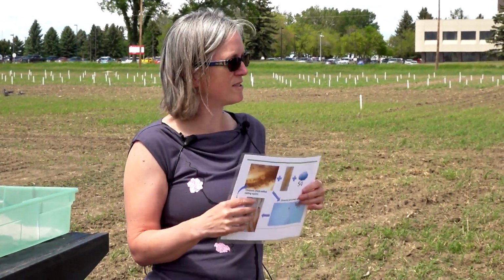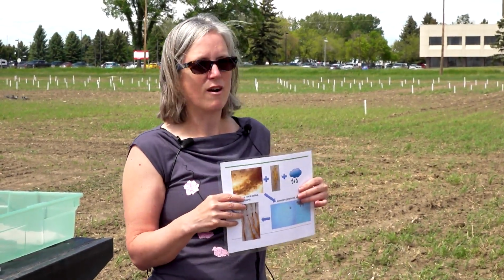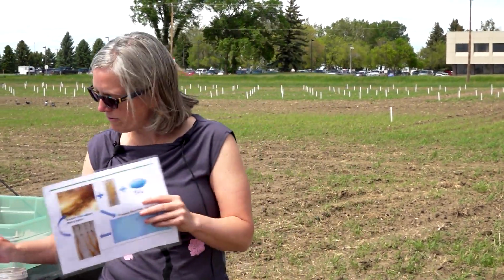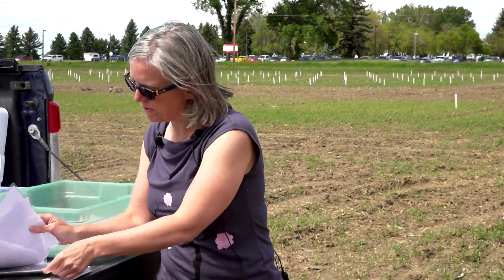Whereas lentils, we haven't seen that to an extent, but we are still trying to figure out what that kind of interaction is between rainfall and dry soil. And then finally, just for Fusarium,